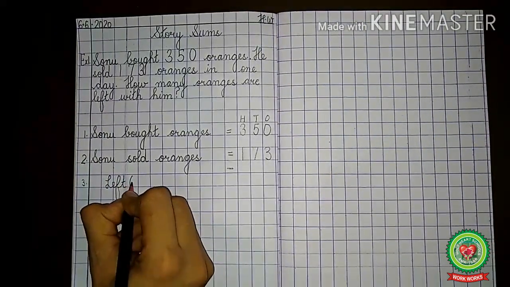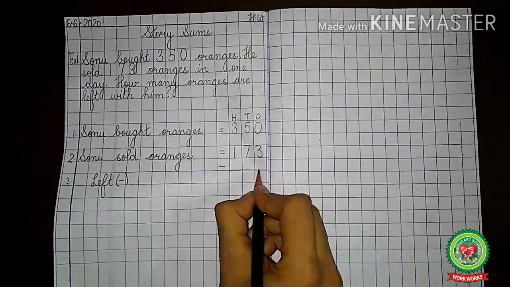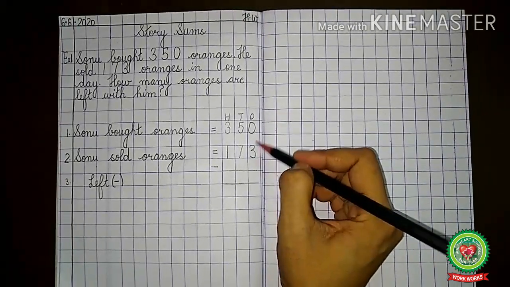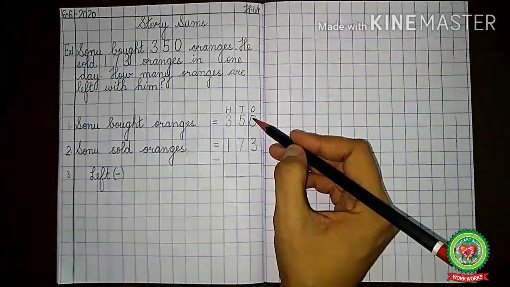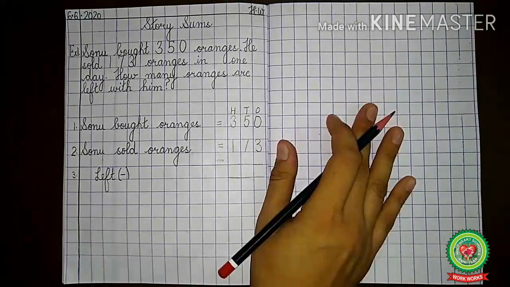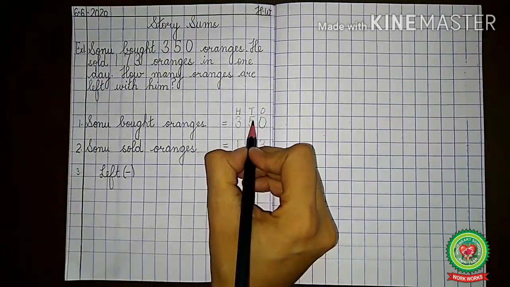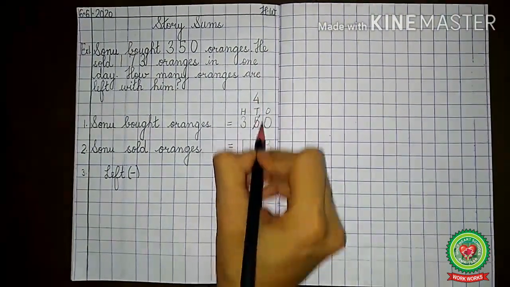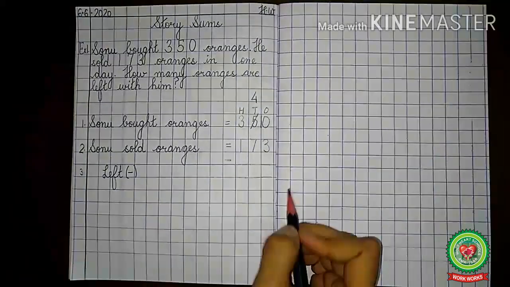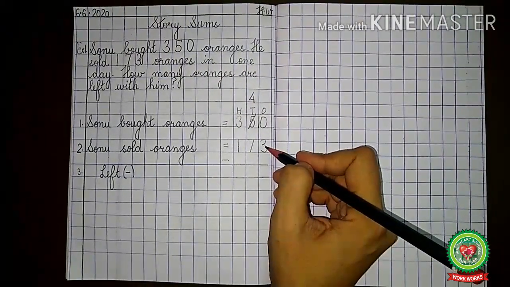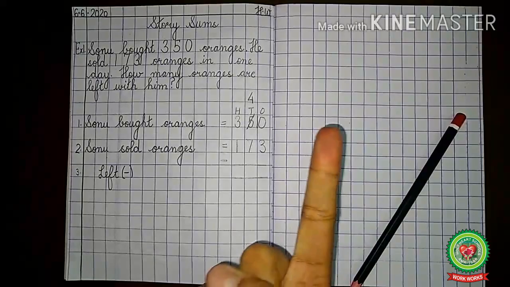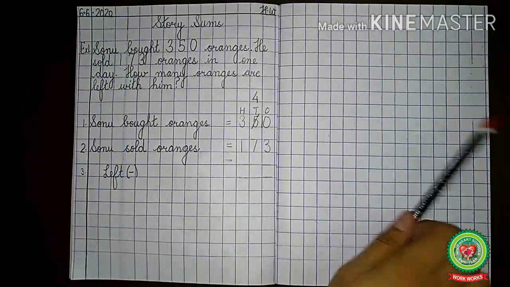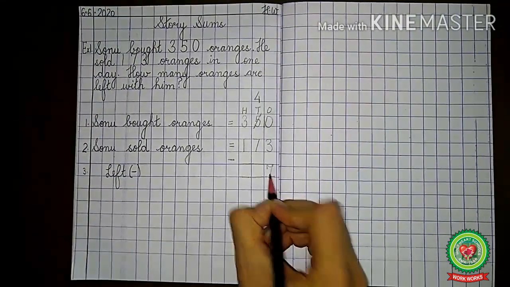minus. Now as we know that 0 is smaller than 3, we cannot subtract 3. Now what will we do? We will take borrow from the tens place. And what do we have on the tens place? 5. Now cutting 5 will make 4 and 0 will become 10. And after making 0 as 10, we will subtract 3. Now start counting after 3 till 10. 4, 5, 6, 7, 8, 9, 10. How many fingers? 7 fingers.